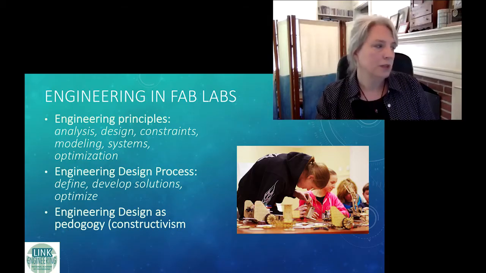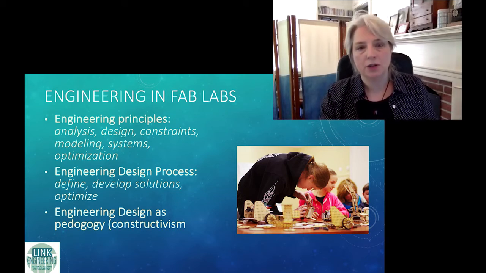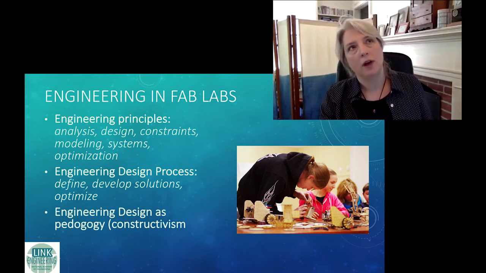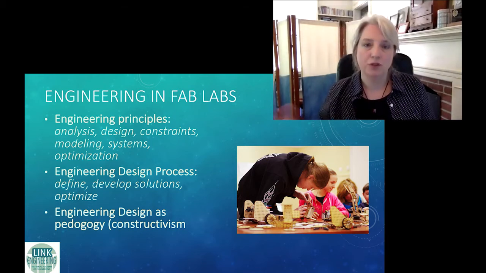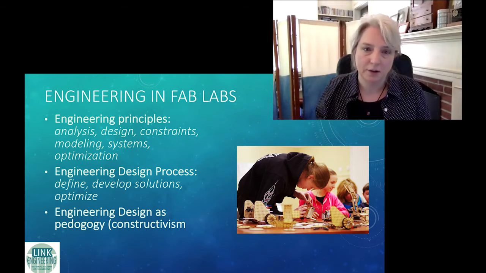I want to jump into the engineering aspect, because you talk about creating that journey before you get to the fabricated item, and how important that is to using your Fab Lab for a meaningful experience. And by meaningful, well, how would you define a meaningful Fab Lab experience?